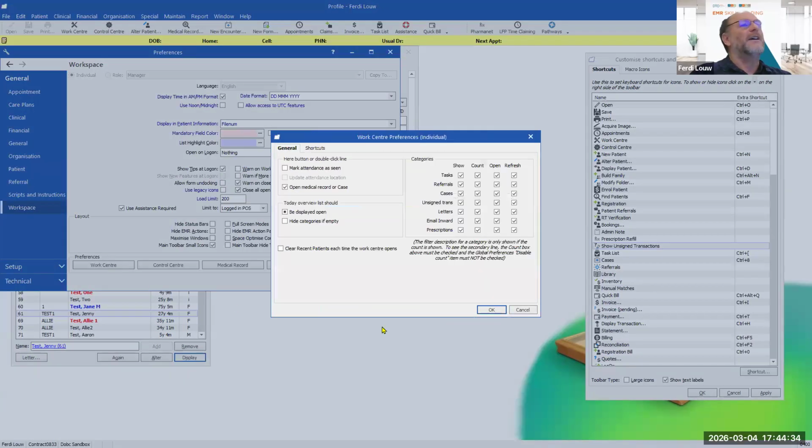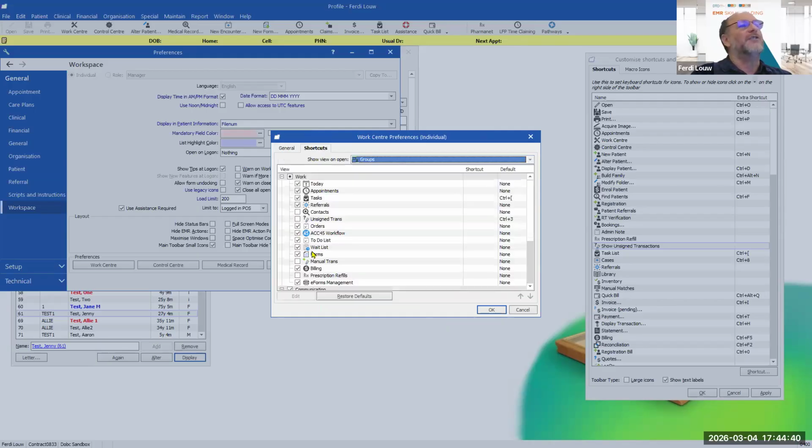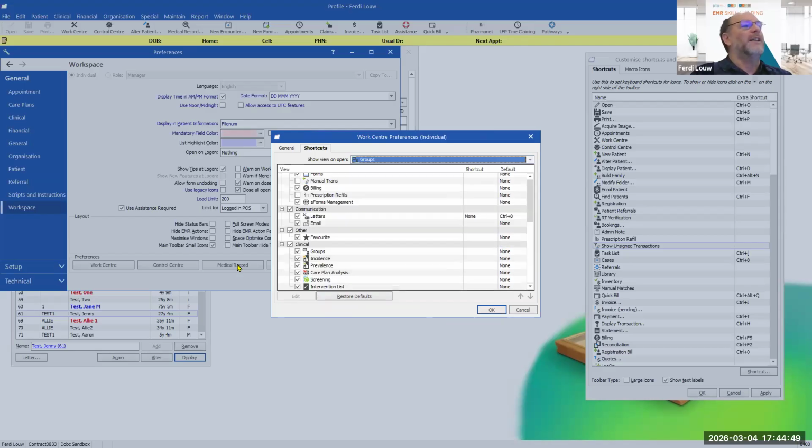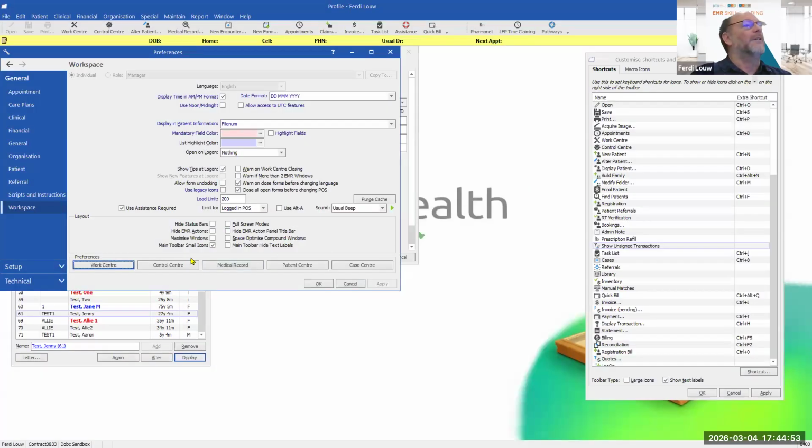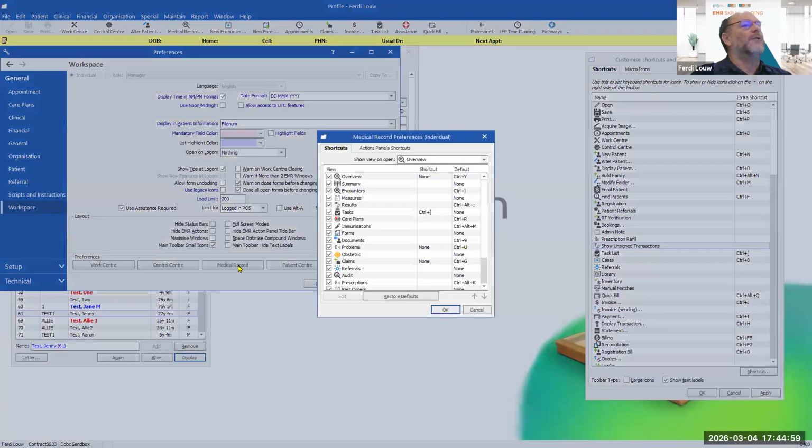For your Work Center, there is something similar. Okay, some more options you can set in your Work Center, but there are the shortcuts as well, where you can go and edit your shortcuts and change them for whatever you would like to do. In Medical Record, okay, let me close this. I'm going there. Then again, it's Preferences, under General, Workspace and Medical Record.